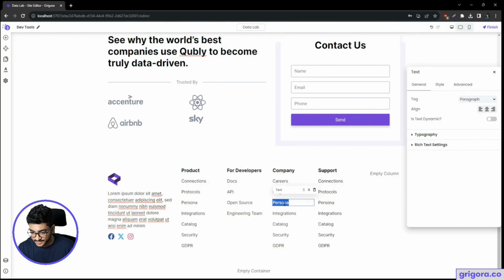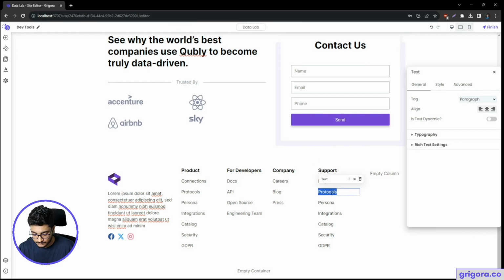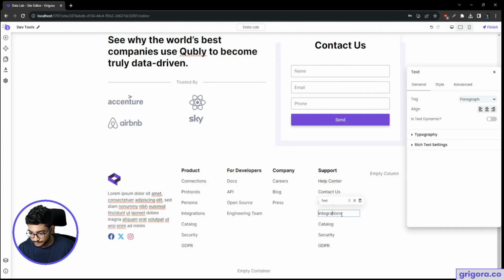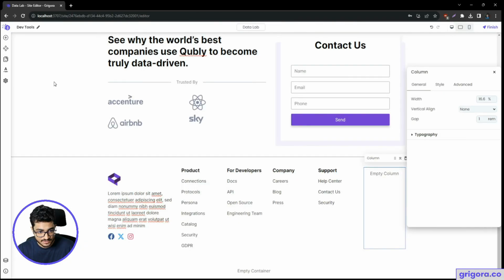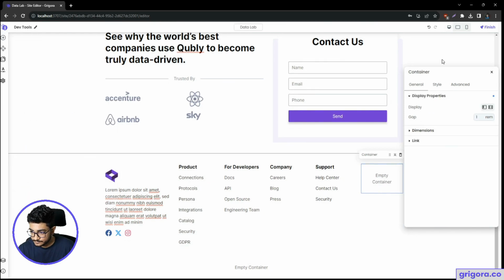Blog, press. Let's delete these extras, and then support, help center, contact us. That's it. I'll skip the unnecessary menus. Let's add a container inside this, and then